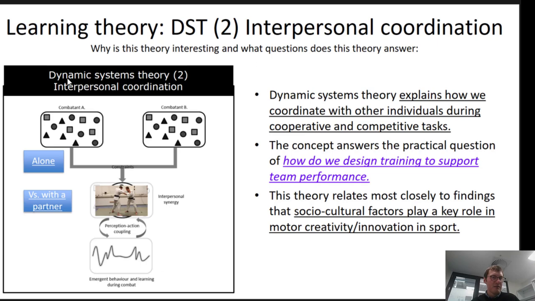And the figure that I've presented on the left gives an example of the dynamical systems theory applied to two people. So the idea is, you've got two independent systems. This is an example of potentially two combatants who are going to fight one another. They're two different individual movement systems. And when they're brought together due to constraint, so the task of fighting one another, for example, to score points on one another, you end up with, according to this theory, a single system